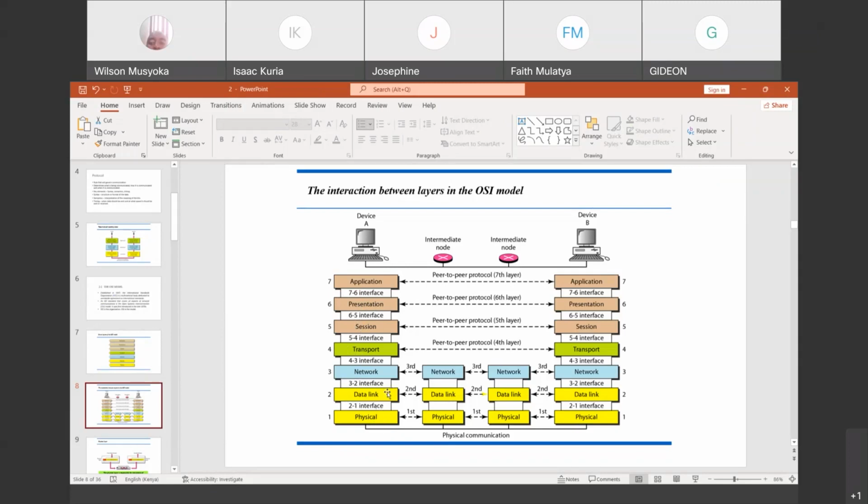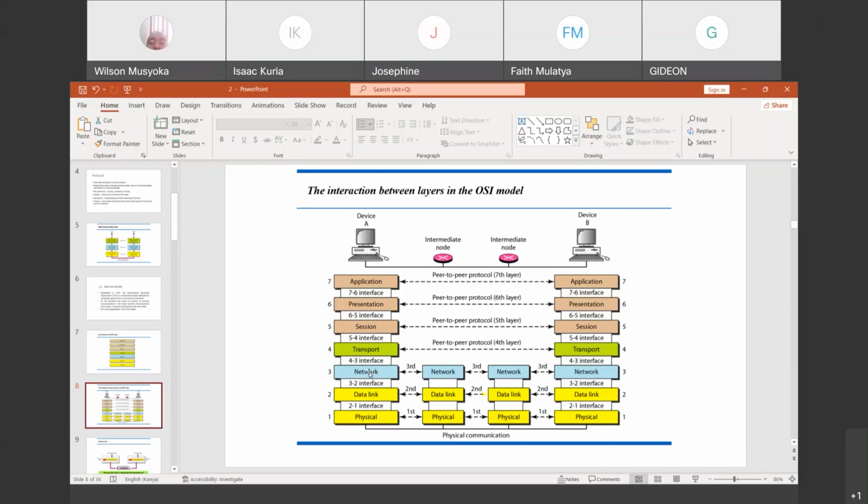In these 3 layers, we are talking about what we call node-to-node transmission, although this is end-to-end. Because here, the ones which are painted yellow, something will be happening. The source address here will be for this device. The destination address will be for the next intermediate device. As the data frame moves from this device, the source will be this intermediate device to this other one, but only at the third layer where the address, which is logical, remains the same.